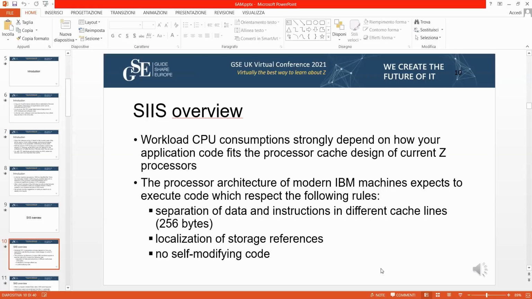And this is, let's say, the hint of this specific situation. The code must not be self-modifying. Now, because I recorded this session some time ago, I don't remember what is on the next slides, but anyway, I will not add anything now, but I will give you an example of self-modifying code so that everybody will understand what I'm talking about.